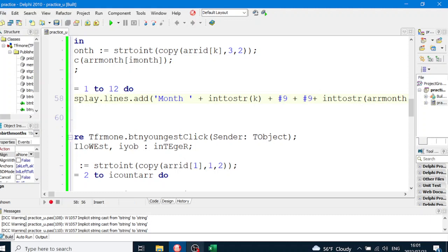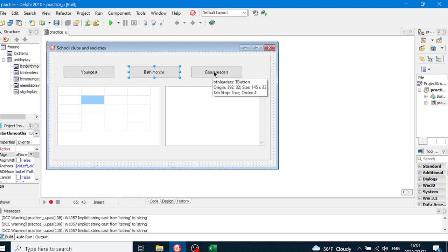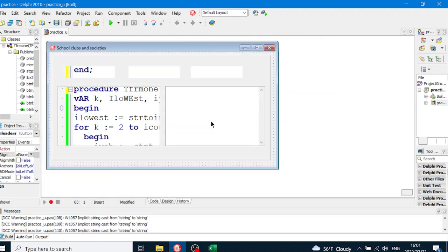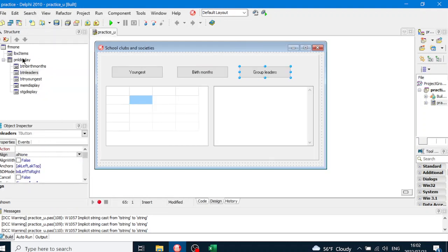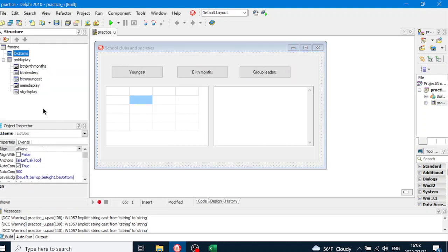The next thing we will do is group leaders. We've got to calculate, well, not calculate, we've got to find out who the group leaders are. Now, in the list box, let's go and look at our data in the list box. Click on list box and go to the items property again,